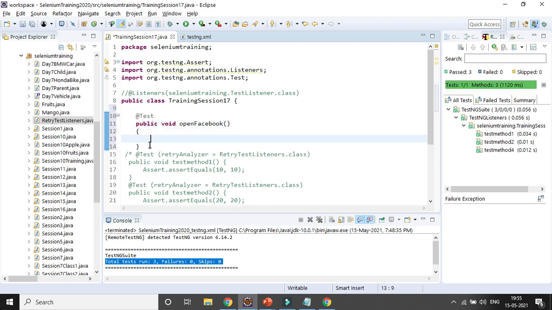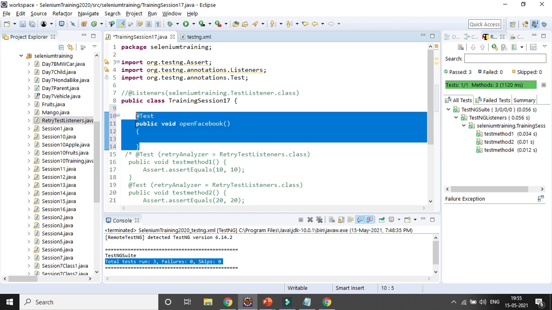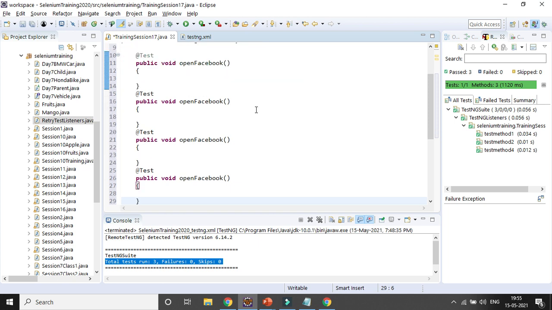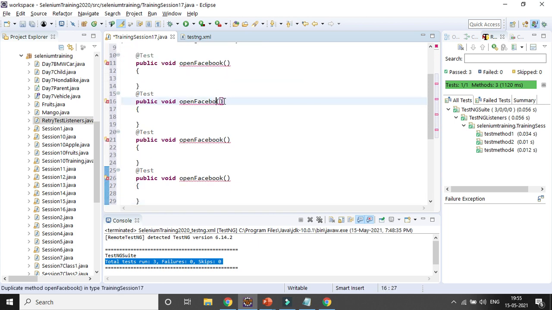So you can see the error message is gone. In a similar way, I want to create 2 or 3 other methods. One is openFacebook, one is openGoogle, one is openRediff, and one is openFacebookAndEnterCredential. So this is the 4th method I want to create.